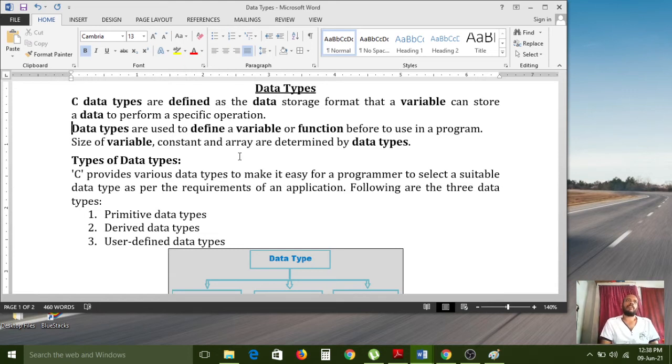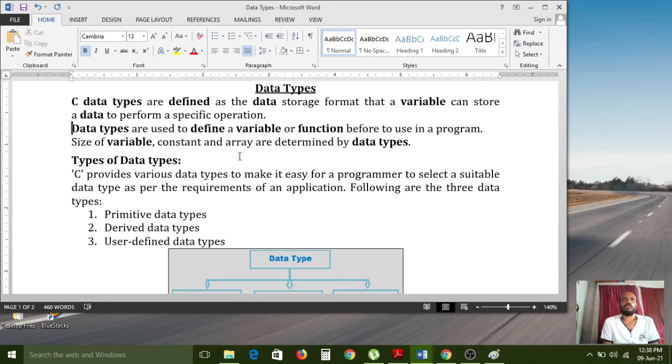Data types have great functionality, so don't underestimate them. Without a data type, we can't create the program, we can't write it, and we can't run it. If you want to run any C program, RAM memory is immediately allocated, and for that we must use data types.